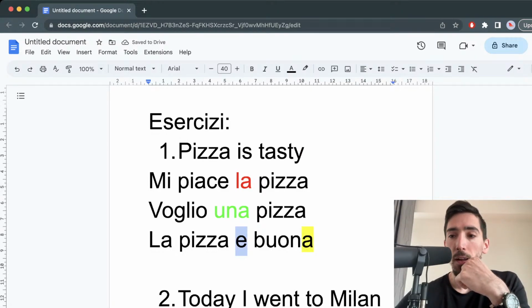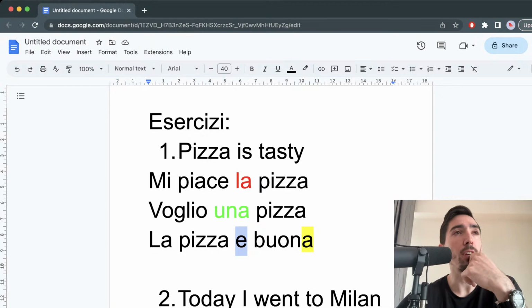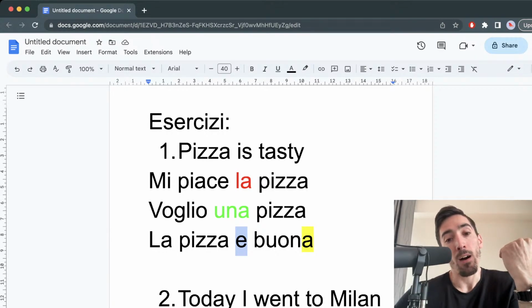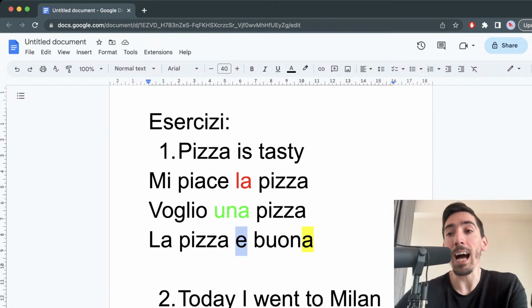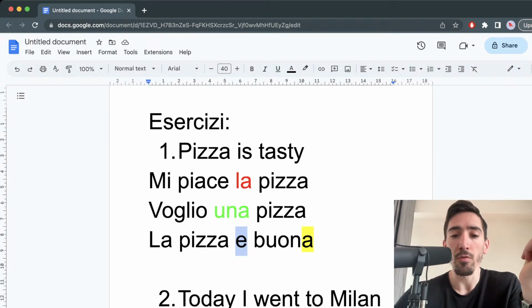Second, it should be è, right? So this is another mystery that we discuss in the university course about the fact that Italian has 5 vowels on paper, but then it actually has 7 vowels when it comes to pronunciation. So this is not e buona, but it's è buona.